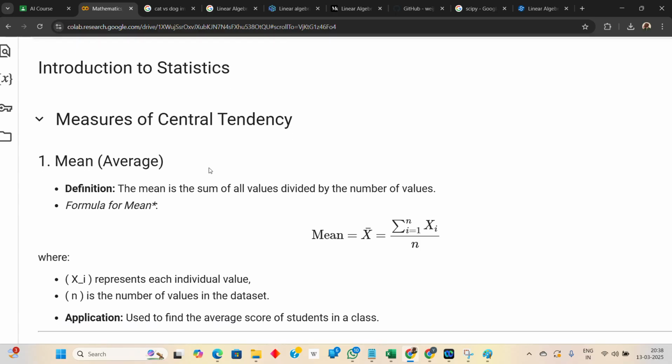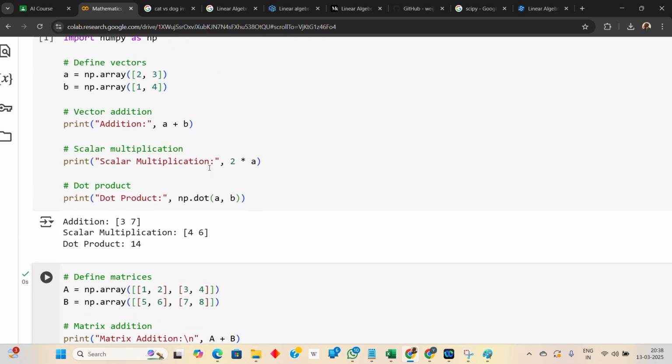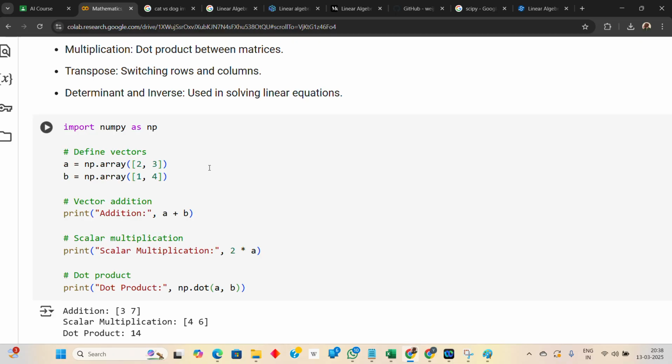Now I will also give you proper examples of where exactly these statistical functions and probability functions are used. Linear algebra actually helps in the backend. Backend means any image processing or dimensionality reduction, such things, where linear algebra plays